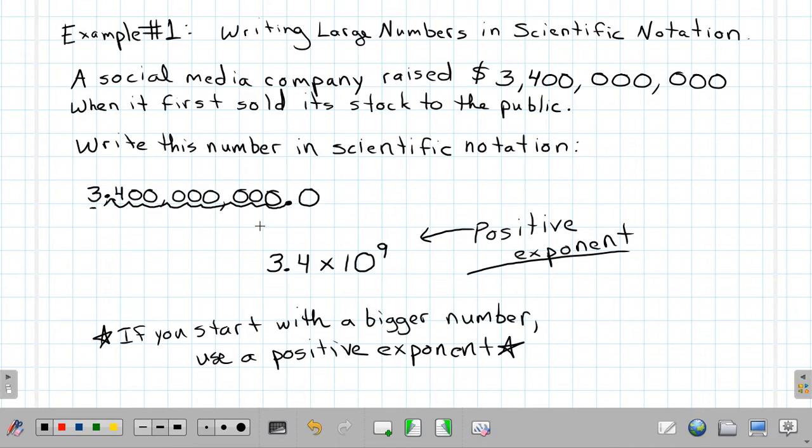And once again, that's just because we want to make this 3.4 into the 3,400,000,000. Well, you're going to have to multiply that times 10 to a positive exponent. Okay. On the flip side of that, if we look at example 2,